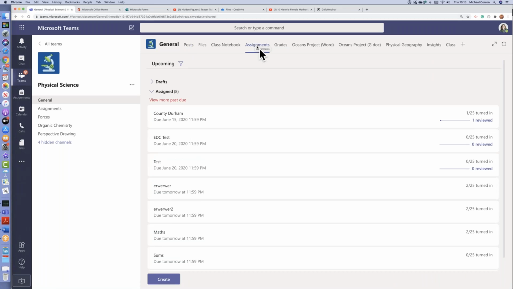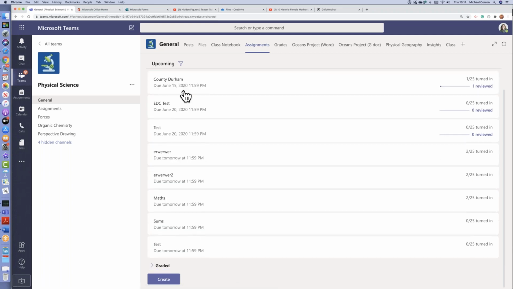This is my current assignments that I have out for students. And if you've got your IT admin to support you, you can set your teams up so that a Guardian email can go home once a week. I know there's other options out there, Show My Homework and Google Classroom, etc. But this is a really nice way of being able to keep parents up to date with what is going on back in school, so they get an idea of the assignments that are due and things like that. And I know Microsoft are busy moving that on even further.